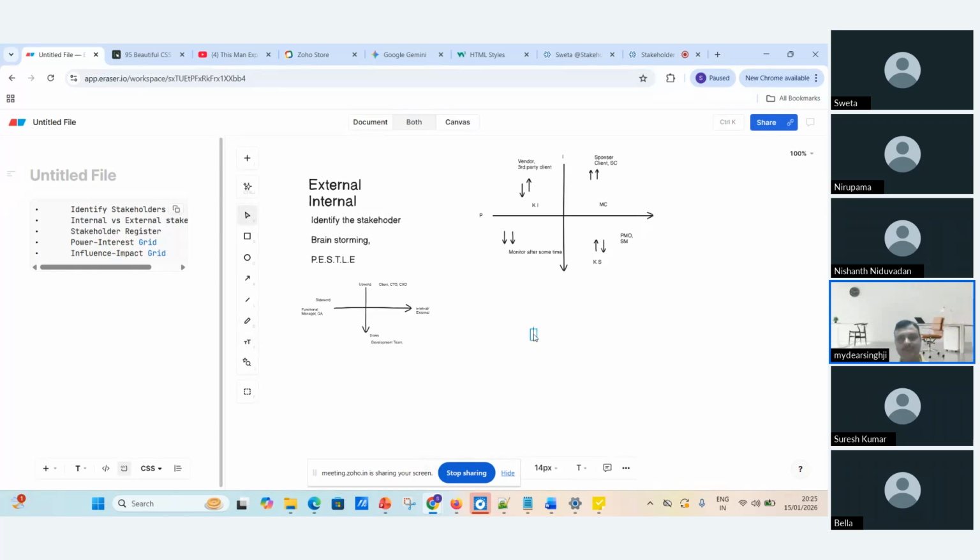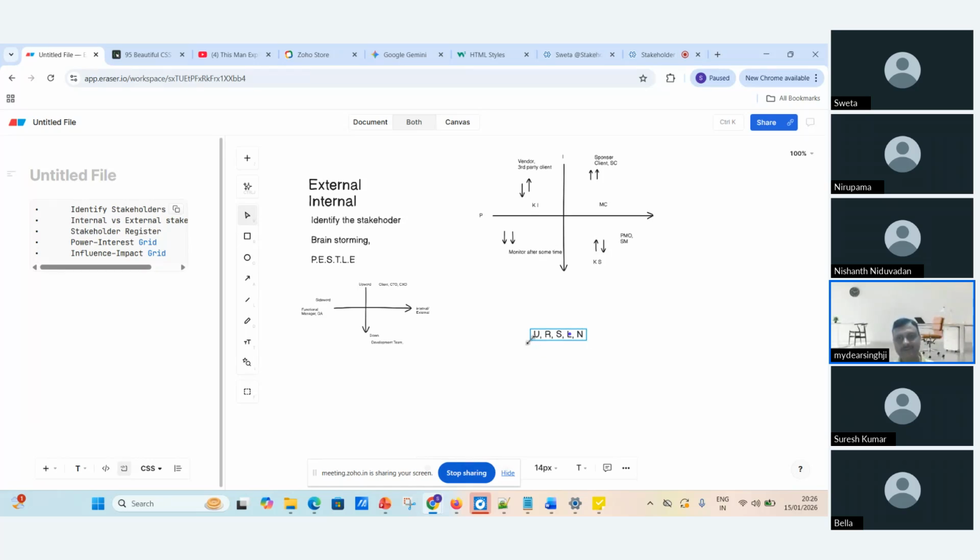Some stakeholders will be unaware. They don't know about the project. Some stakeholders will be resistant. Some will be supportive. Some will be leading, and some will be neutral.